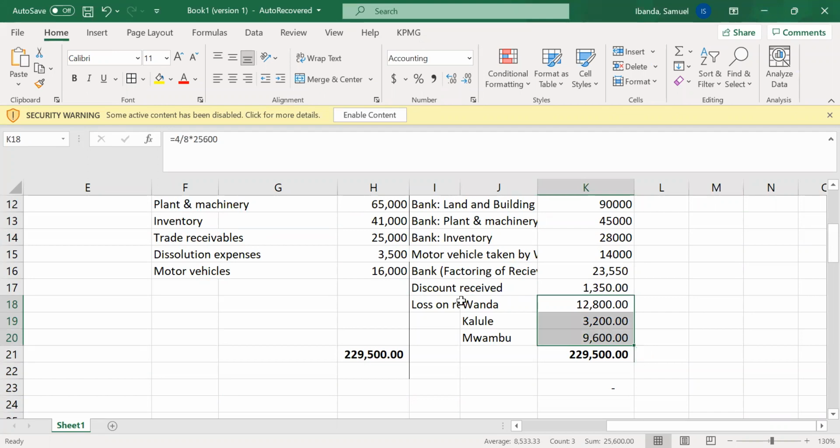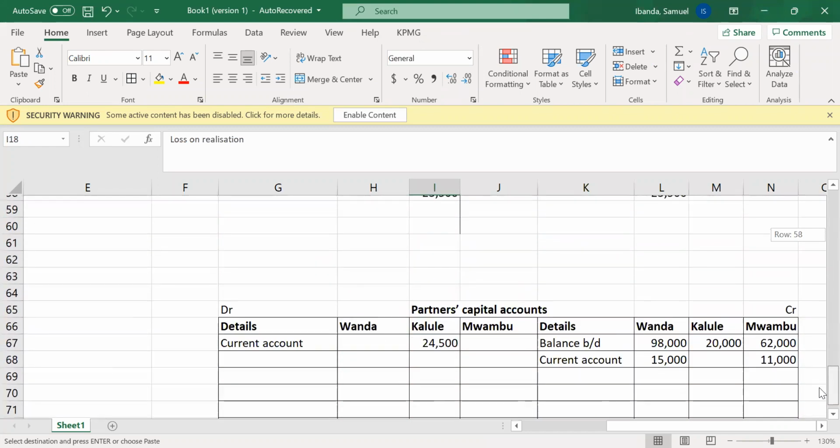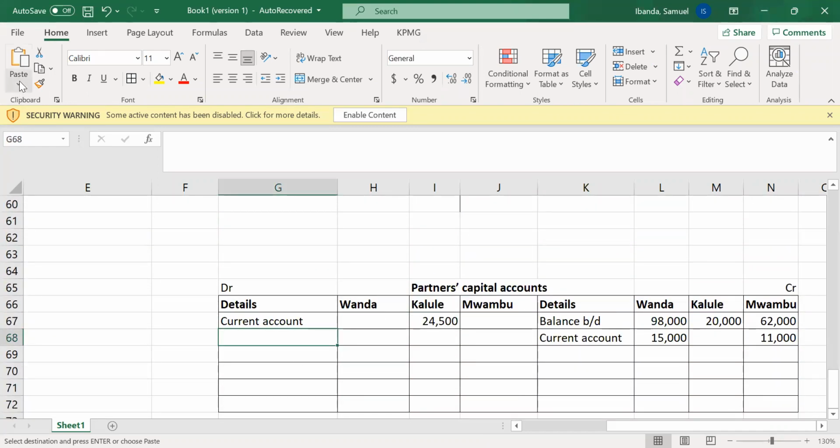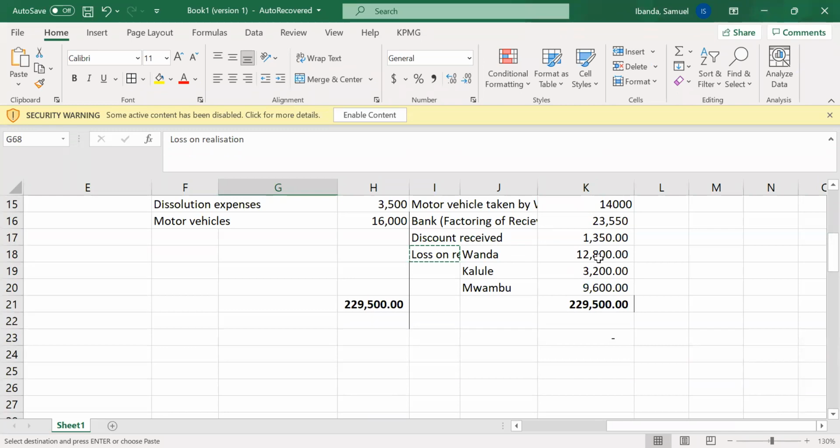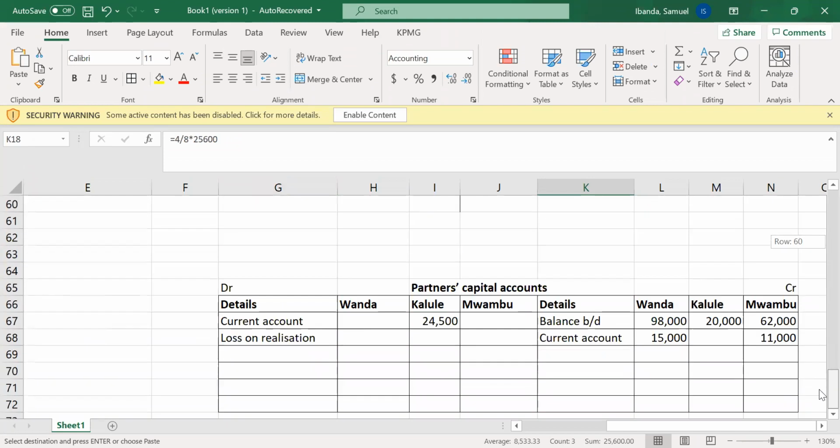So loss on realization is supposed to be put here. I'll come and put these values in the respective columns of each of the partners. Put it there. Put it there. In case it was a profit on realization,